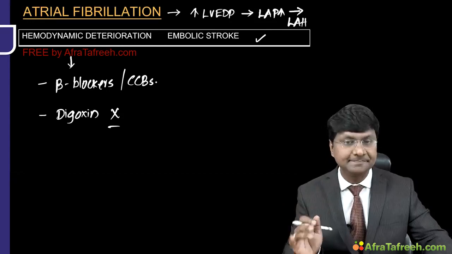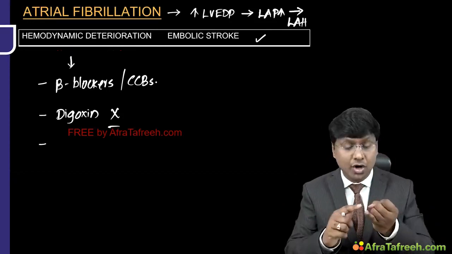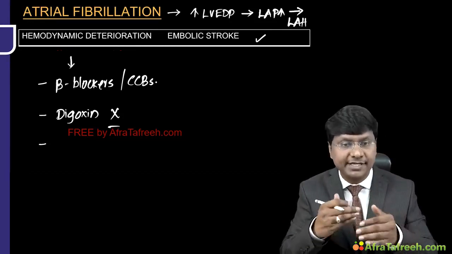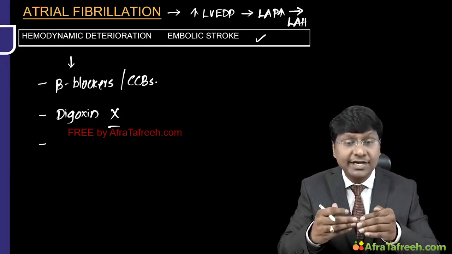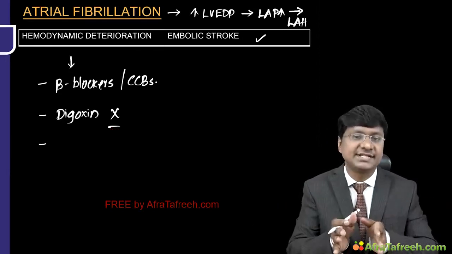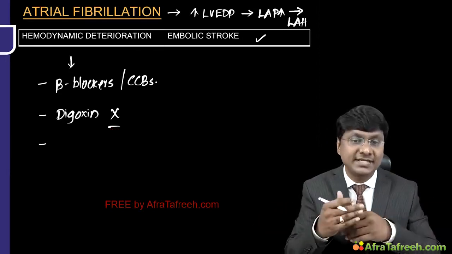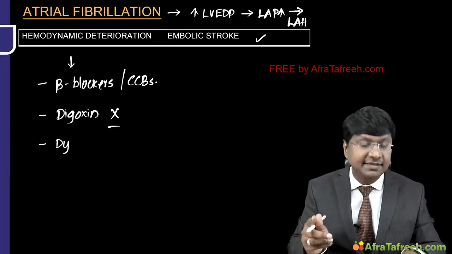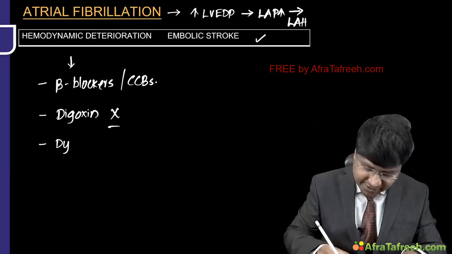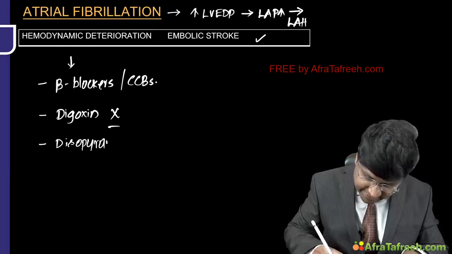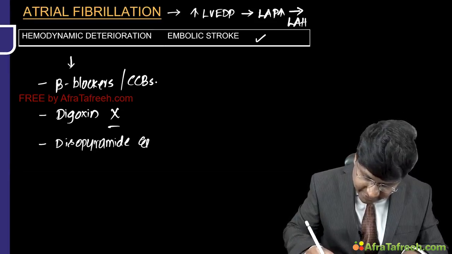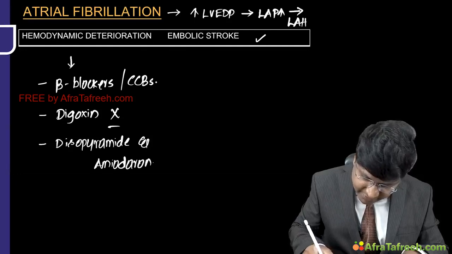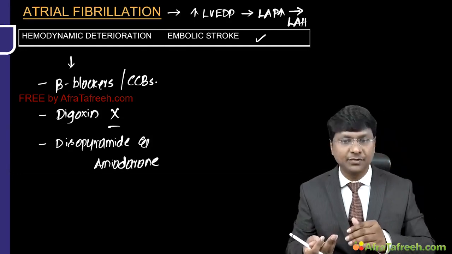So digoxin should be avoided, but the other drugs, the beta adrenergic blocking agents and L-type calcium channel blockers, can be comfortably given. The other point is not only reducing the heart rate; the other important thing that you need to achieve in atrial fibrillation is the rhythm. So you need to restore the sinus rhythm, right? Restoration of sinus rhythm is also very, very important. You need to give antiarrhythmic drugs, that is disopyramide, and the other important class 3 antiarrhythmic drug, amiodarone, to achieve that sinus rhythm, okay?